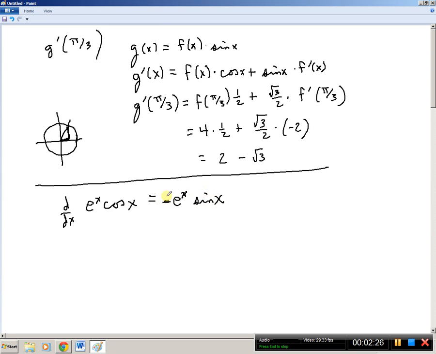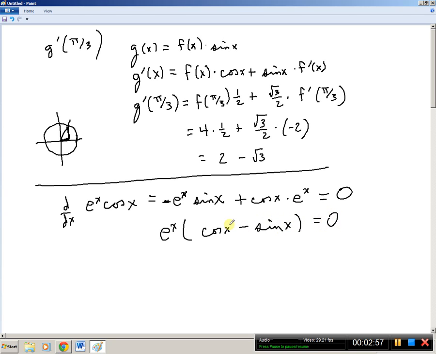So if you get this minus, and I'll stick it out in front, first times derivative of the second plus the second, which is cosine of x, times the derivative of the first, and that's just going to be e to the x again. And we want to know where is that going to give us a horizontal tangent line. So this means that we want to set the derivative equal to 0 and solve this equation. Well, obviously I can factor out an e to the x, leaving me with, if I write this term first, cosine of x minus sine of x